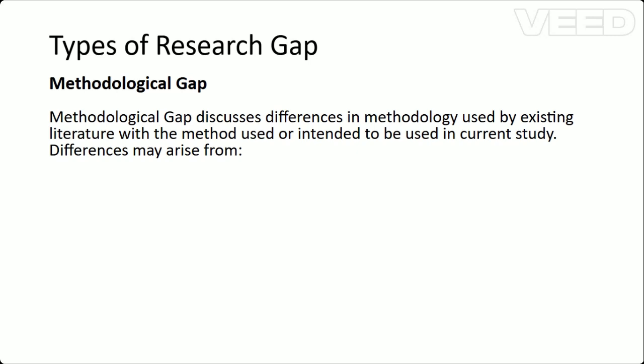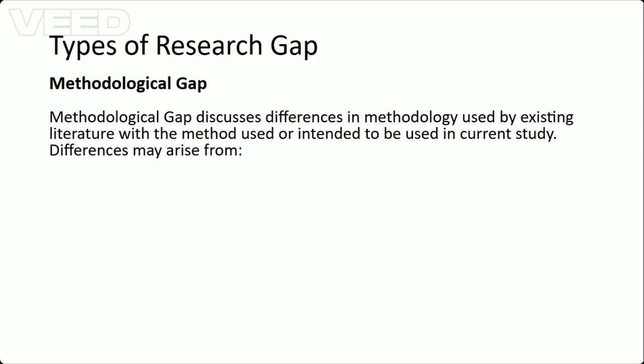So you look at the difference between the methodology used by the previous study, and you also assess the method which you are intending to use. Those differences may result in